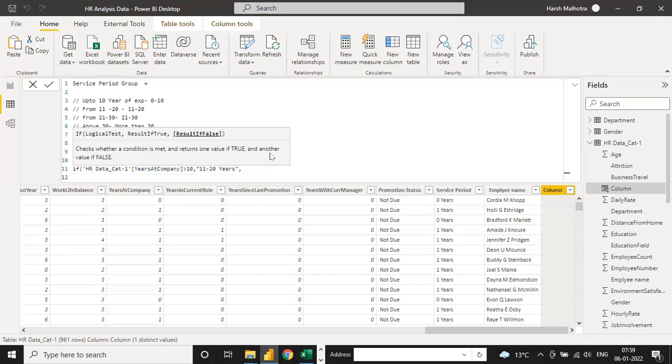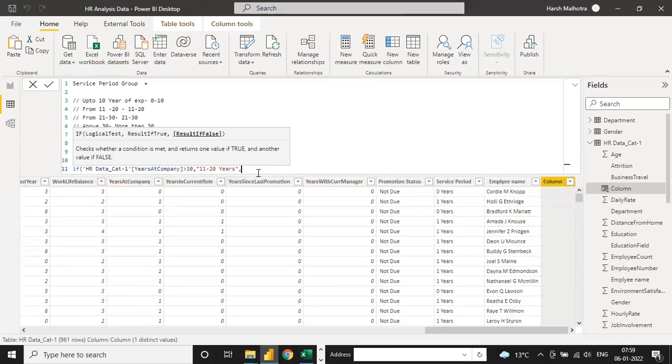Now the last condition, you don't need to write a condition, you write it as result if false. If all the conditions fail, then the last answer, meaning less than or equal to 10, will be 0 to 10 years.